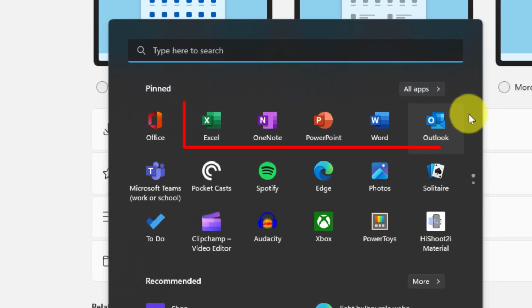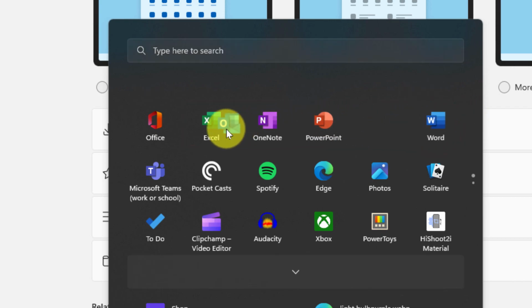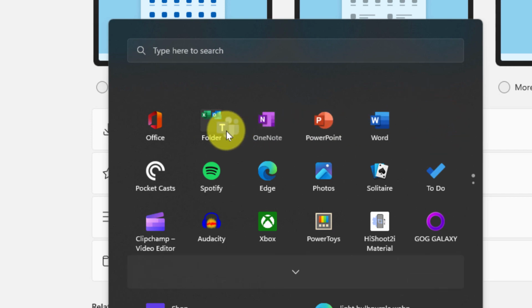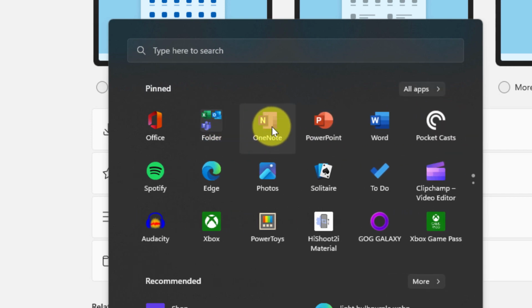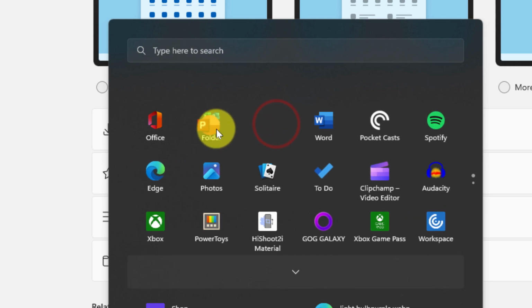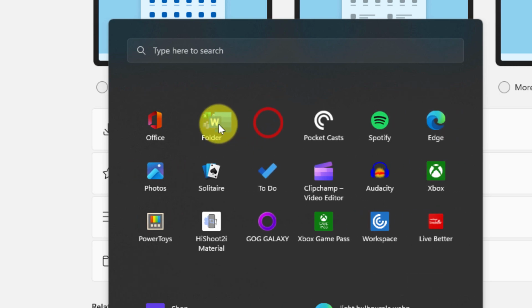What you can see in my pinned apps is I have all of my Microsoft 365 apps all in a row because I use them quite regularly. But what I can now do with Windows 11's 22H2 update is I can drag and drop these applications on top of each other and create a folder. So I'm going to grab all of the different Office applications here and put them all into a single folder. And we'll drop in PowerPoint and last but not least Word.